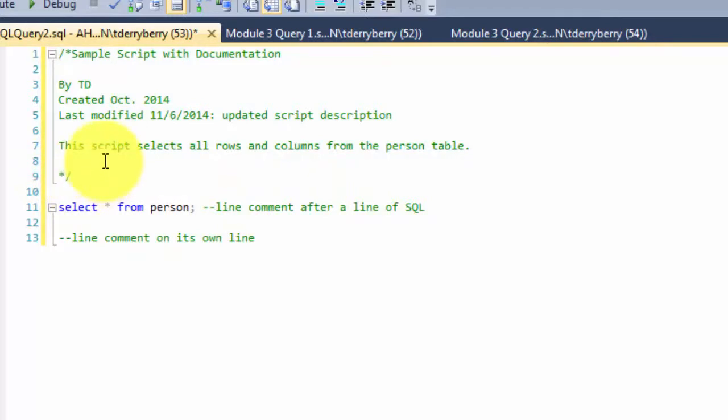Typically, this is best if you have a multi-line comment, and in my opinion, it's best to use this to put a comment at the top of every SQL file you write with your name, the date you created the file, and the dates of any modifications with a brief description of those modifications, and an overall description of what the query does. The other kind of comment is a one-line comment, and you can do that by just typing